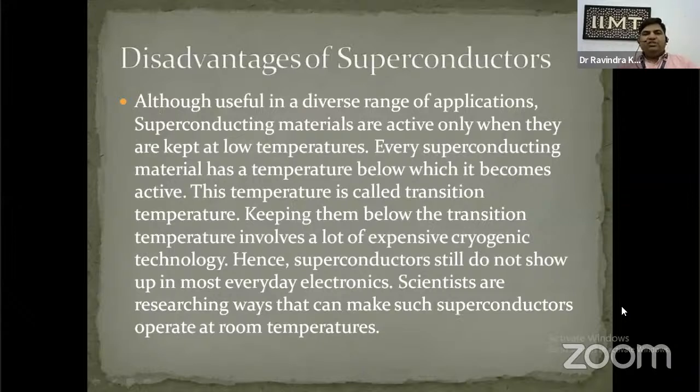We have some disadvantages also. It has so many advantages and a diverse range of applications, but we have some disadvantage also, and the disadvantage is the temperature. We can get superconductors only at very low temperature, and this is the only disadvantage of superconductors. That's why we are not using these materials as superconductors now. Research is going on to make superconductors work at high temperature also. Maybe in the future we will get such superconductors.